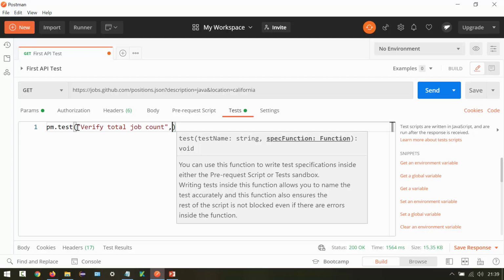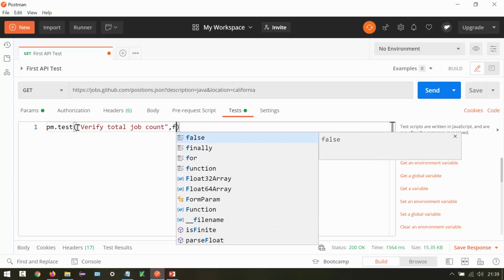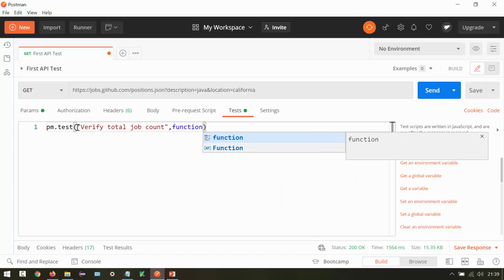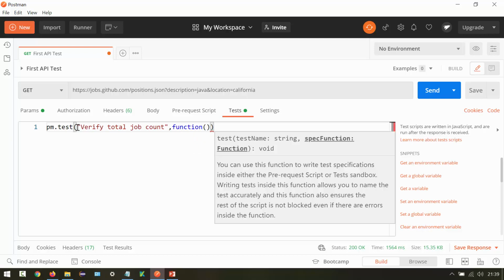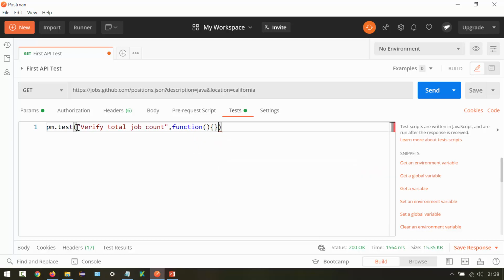Observe the syntax. We need to say function, then two brackets, and then two curly braces. With this it is going to represent a function, and in that function we can write the code. Because this is JavaScript, we need to end the test method call with a semicolon. So let me add the semicolon.